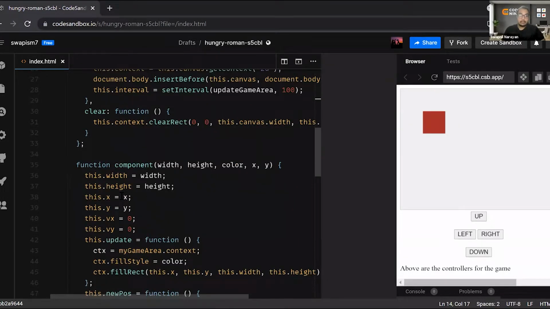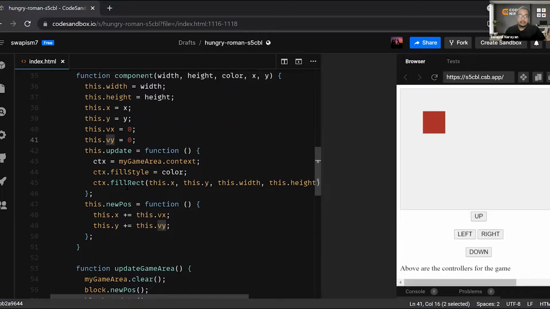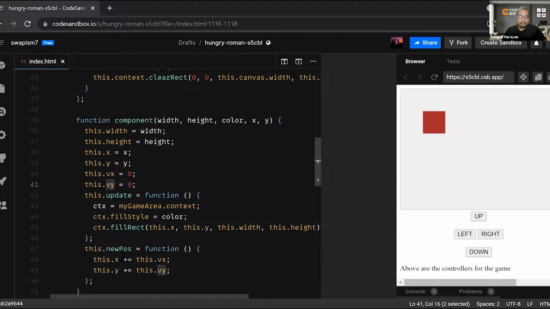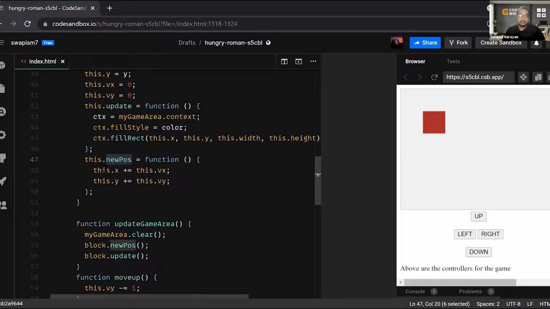Yes, so I was saying, this vx and vy are nothing but velocity by which, if I click on right, or I click on left, if I click on up, I click on down, then how much velocity will it move in right direction, left direction, on top or down. Okay, so initially I have made vx as 0 and vy as 0. Okay, fine. So now let's say I will call new position, then this dot x will be added by this dot vx, and if I click on right,